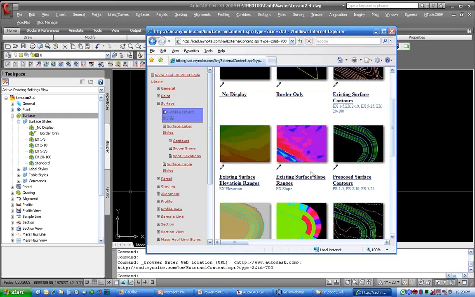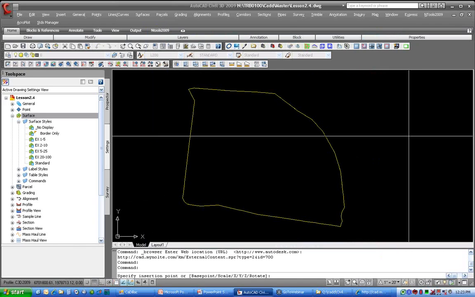All right, well, I want to bring in some object styles here. Say maybe I want to show existing elevation ranges. So I'm going to pick on the eyedropper, and if the cursor was showing up through GoToWebinar, you'd see a little eyedropper cursor. I'm going to click on that, and then you can just drag it into your drawing file, and you'll get, again, a little eyedropper cursor. It will copy a